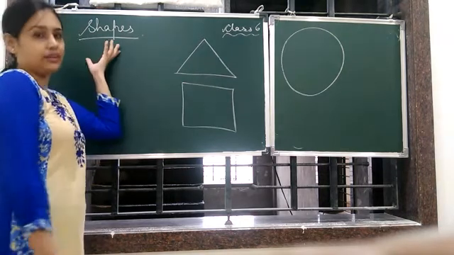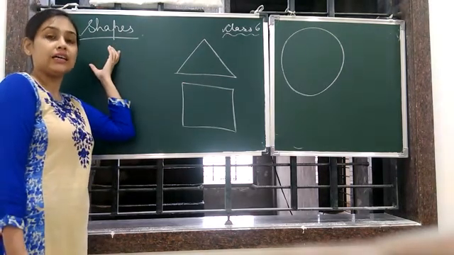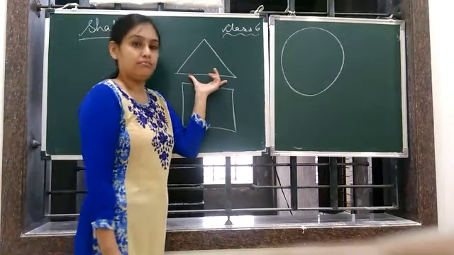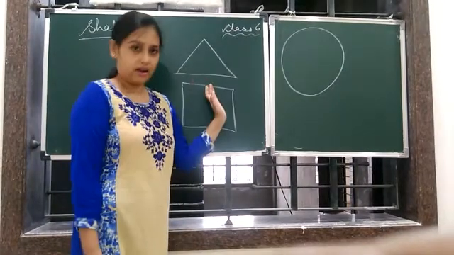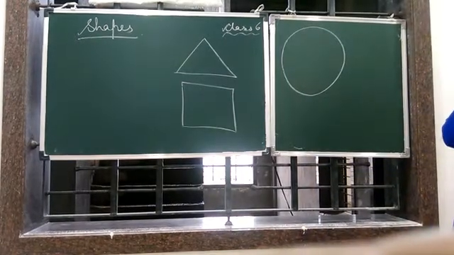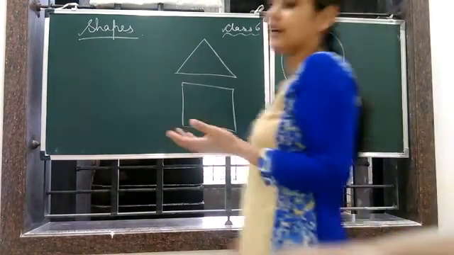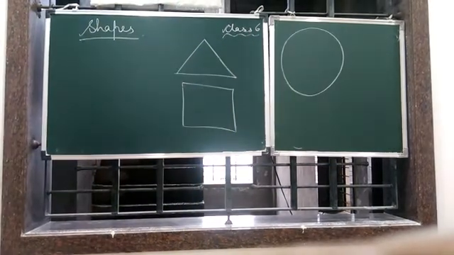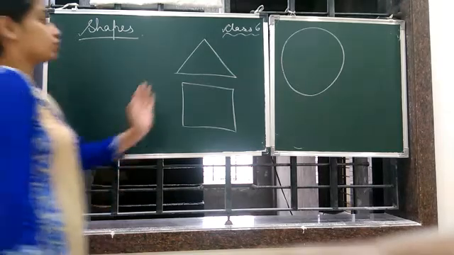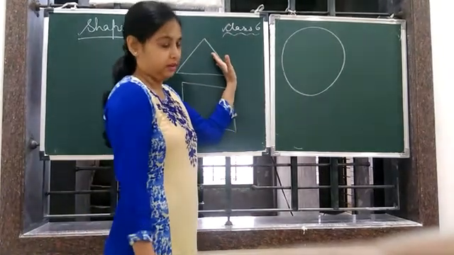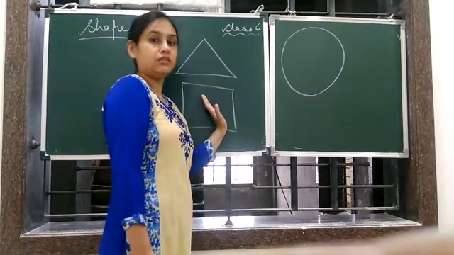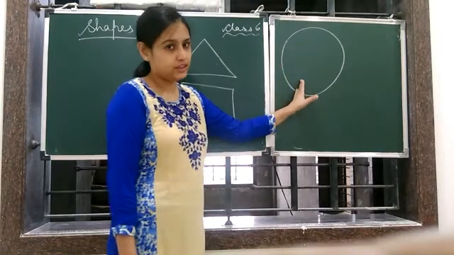What is their primary need? Primary need means we are going to study elementary shapes. Elementary shapes means their measurement, how they are made, all these things in our new chapter. So today we are going to start our next topic, that is understanding elementary shapes. Elementary means primary, you can say basic, the very necessary things that are used to make any shape. Clear? The elementary things which are used to construct a shape.